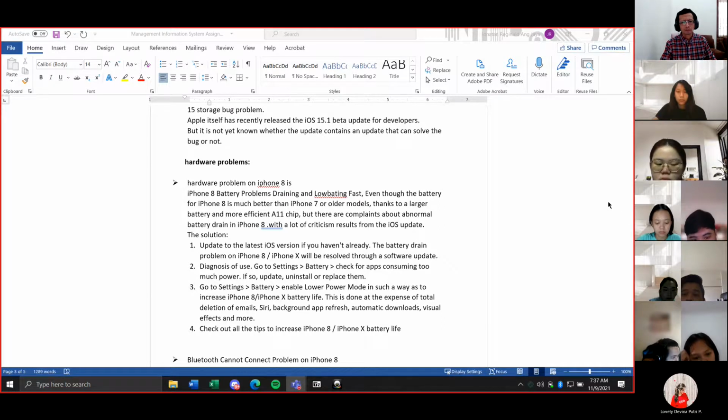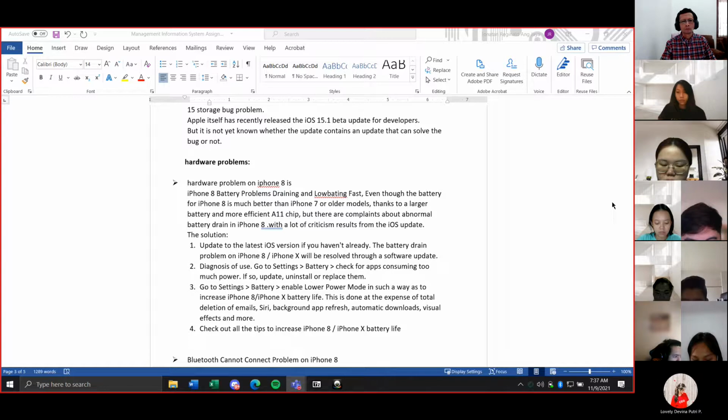The other problem is the hardware problem. The hardware problem on iPhone 8 is that the battery drains so much, like in low battery. The battery of iPhone 8 is much better than iPhone 7 because of a larger battery and a more efficient A11 chip.